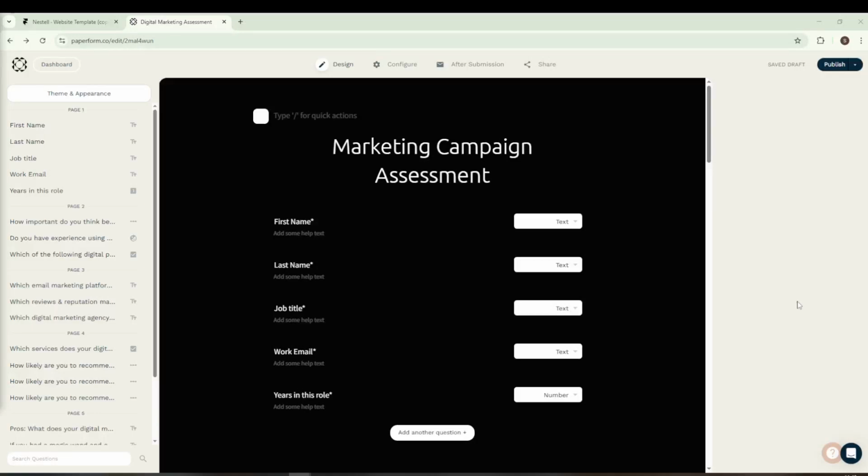In today's video, I'm going to teach you how to embed a form on Framer. We'll walk through this step-by-step process together, and it won't be long before you have everything set up smoothly. For this tutorial, we're going to need a little assistance from another website called Paperform, and I'll guide you through